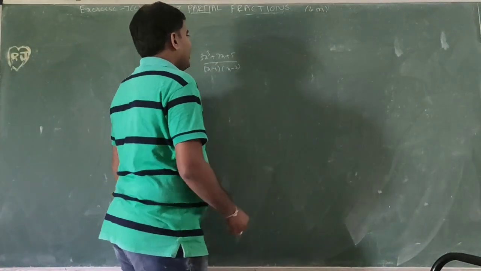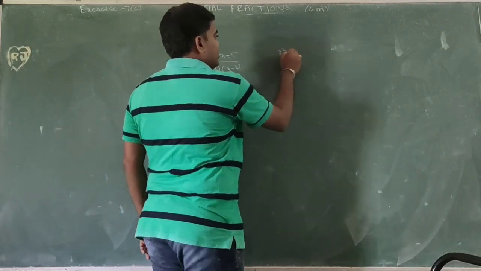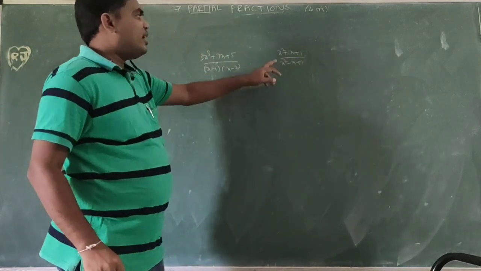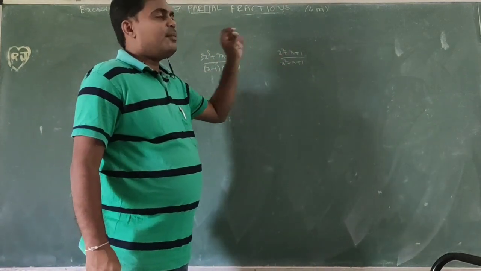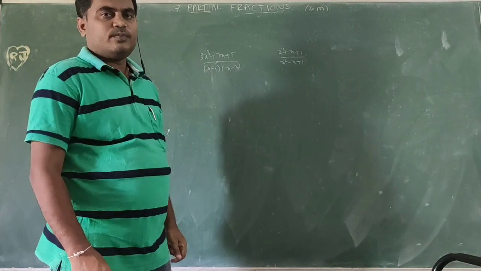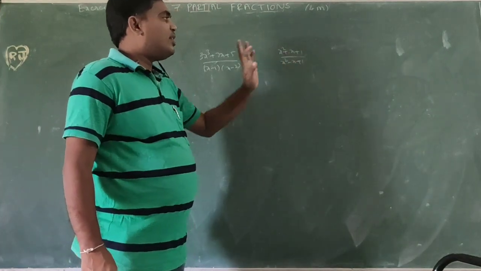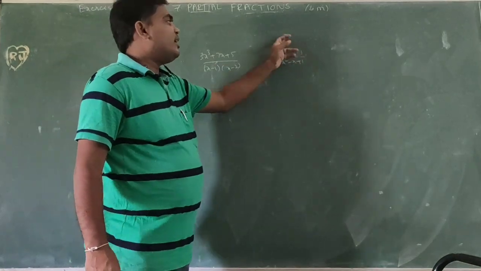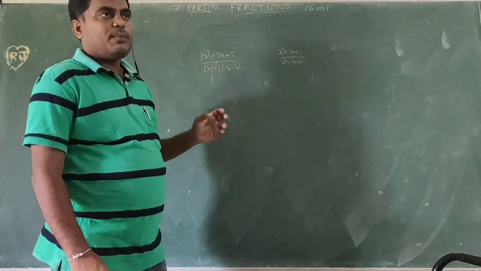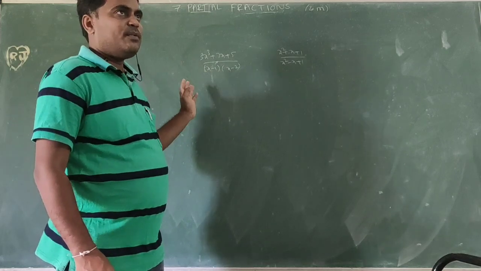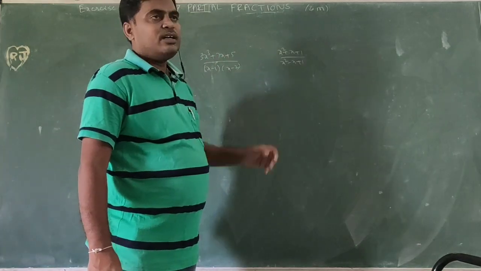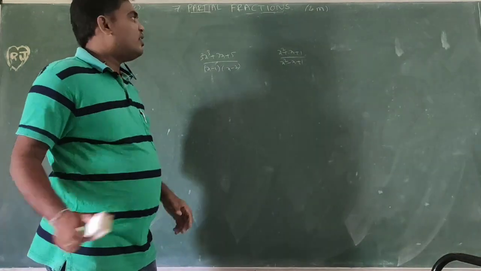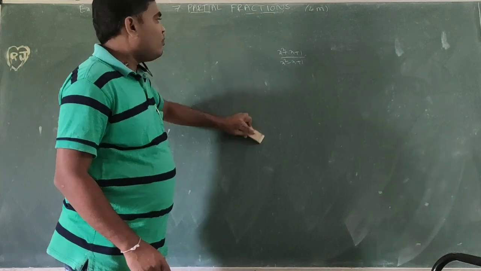One more kind: x square plus x plus 1 by x square minus x plus 1. The degree of the numerator is 2, and the degree of the denominator is also 2, equal. If they are equal, it is still an improper fraction. So for an improper fraction, either the degree of the numerator is bigger, or the degrees of the numerator and denominator are equal. For this problem, how will we do it?